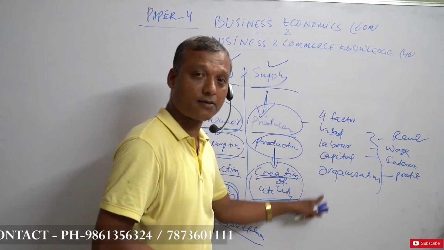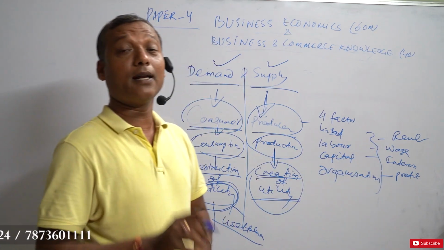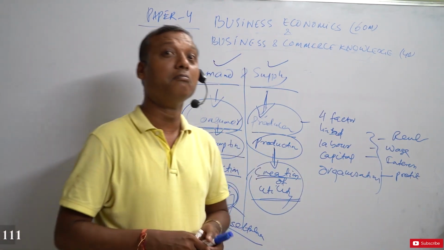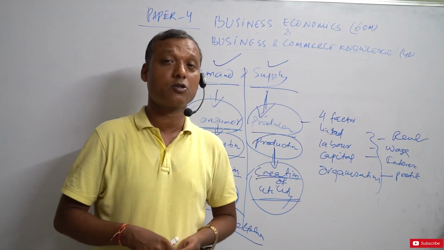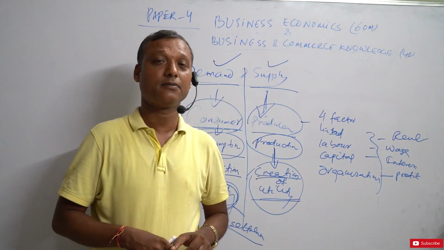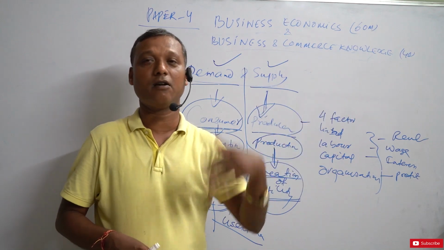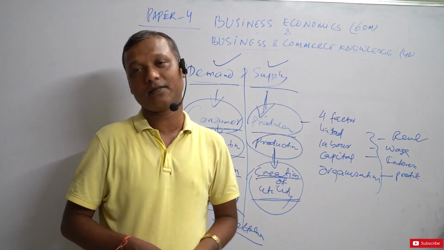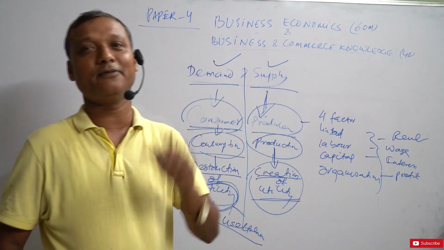These are the factors of production. These are the remuneration, the payments for the factor. Rent for the land is always positive. Can you stop the rent for a house? Can the house owner stop the rent for his house? He can't. He will definitely ask when in the calendar there will be March 1 or April 1 or May 1 or June 1. That is why rent for the land is always positive.